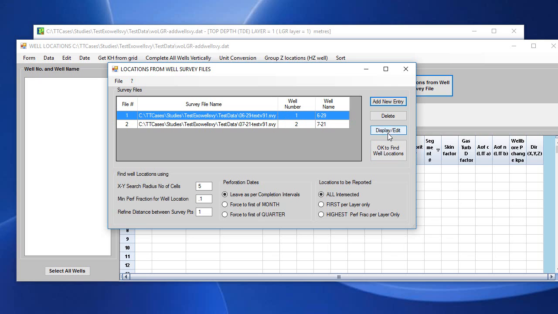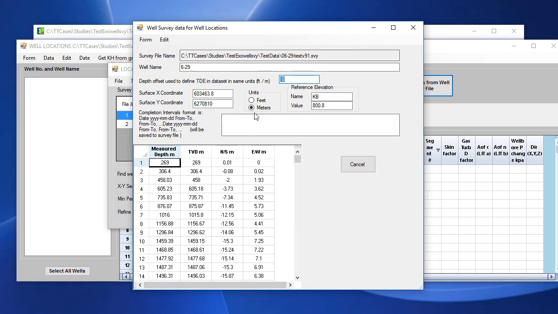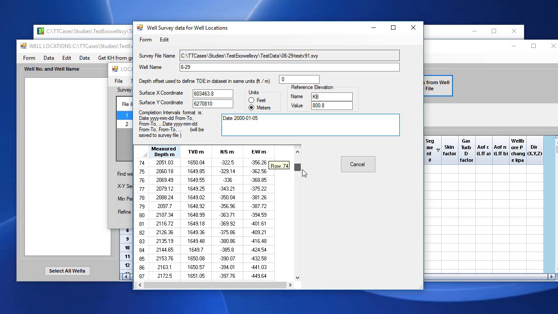I can display and edit the well survey file itself. So in this particular example, this survey file for this well has this information for the coordinates, the measured depth, and if there was a date or for completions, we will put it, say, year 2000, 01, 05, year, month, date, and from to interval. So the from to interval may be from